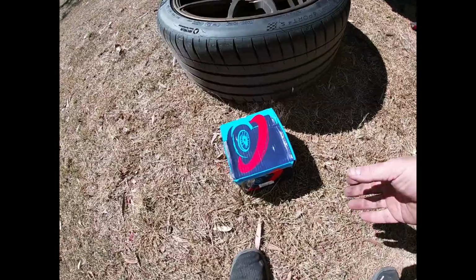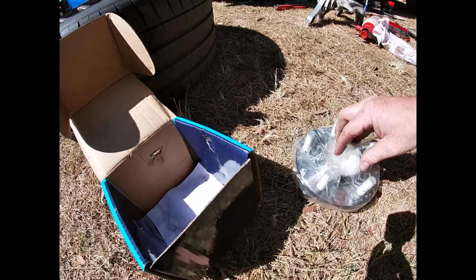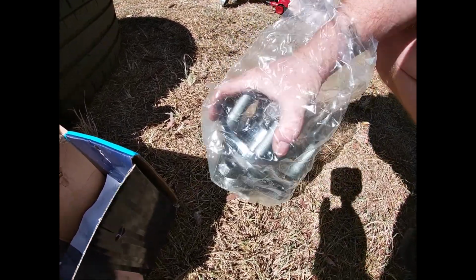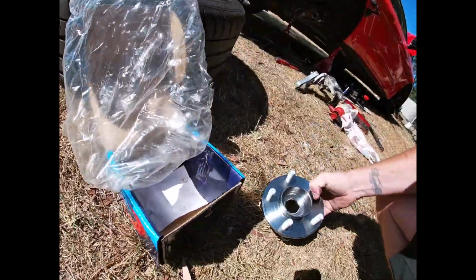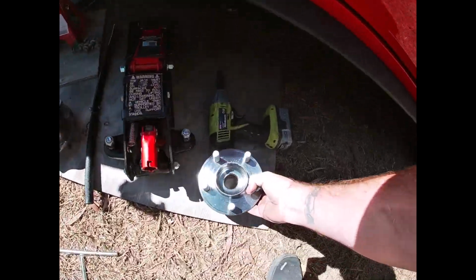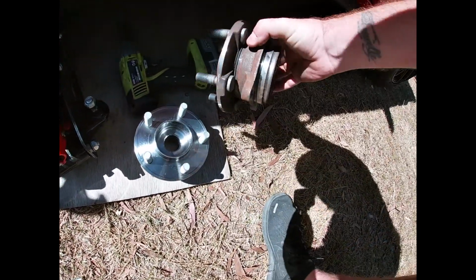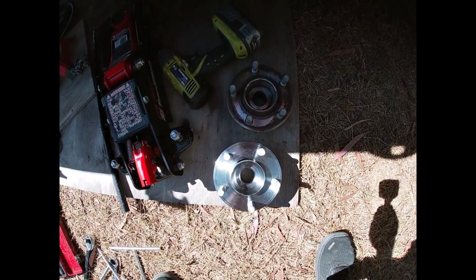Alright, we come over here, got a brand new hub. All packed up, smelling nice, greasy, excuse me. Very hard to do this with one hand. And as you can see, the quality